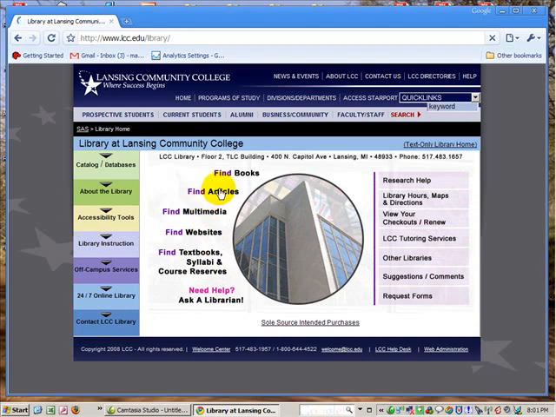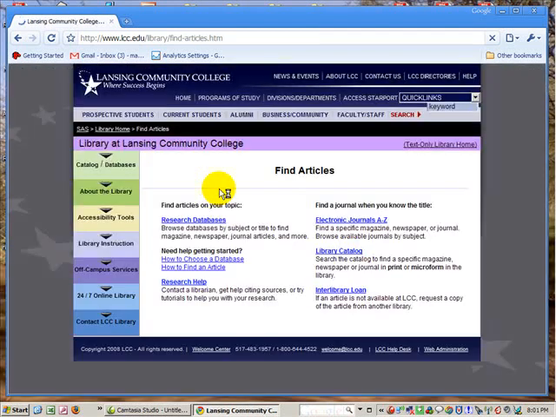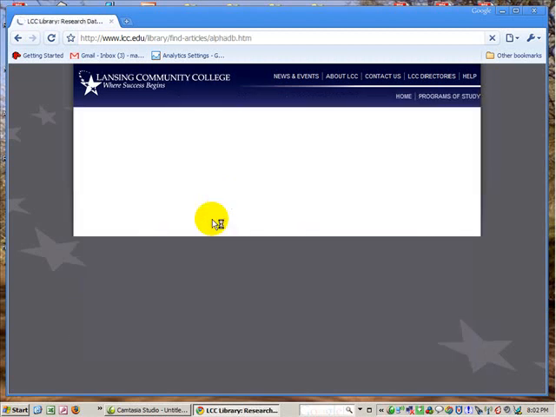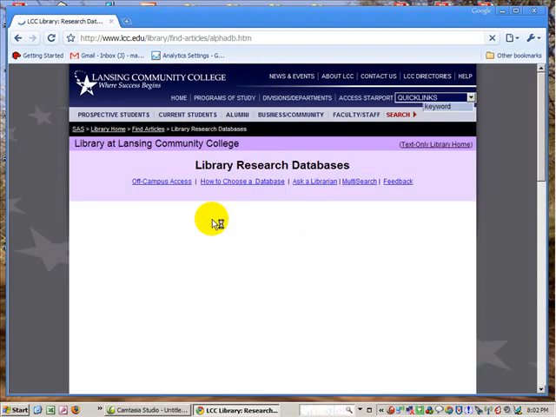So I'm into the library. I'm going to click on Find Articles, and there are hundreds and thousands of articles that you can access for free through the online databases that LCC maintains at your expense. Basically, your tuition is paying for these services, which cost hundreds of dollars, but because they buy it in mass, students get to use it for free when they're students. So you want to go to research databases, and I had said earlier, or if I didn't say it, I'm reiterating that